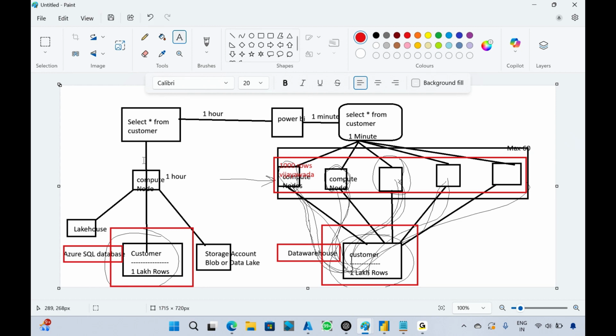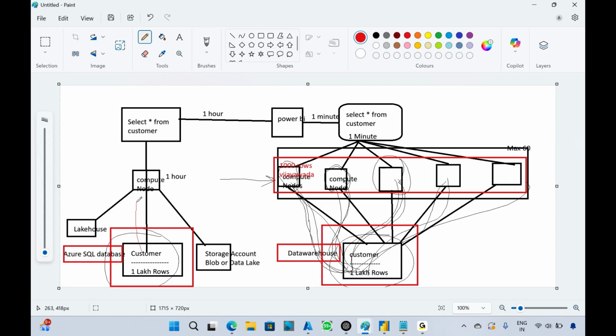what will happen? One single computer will execute to bring the data from this Azure SQL database table, row by row, row by row. Let's say to bring these 1 lakh rows to execute this query, it takes 1 hour to display this customer data in Power BI. From this customer table, this computer will execute and bring the data into Power BI to display. It is taking 1 hour. You just imagine